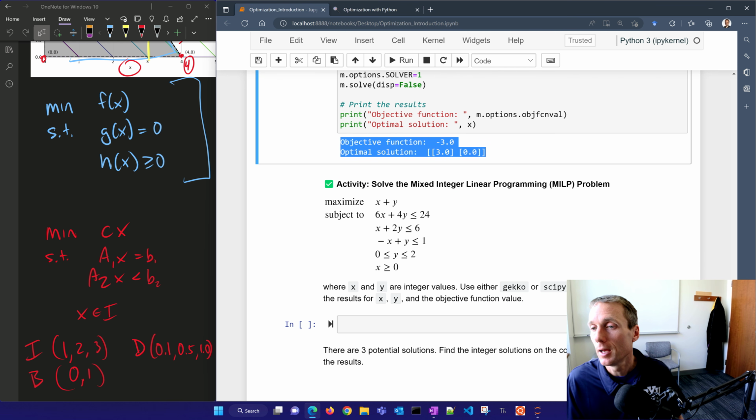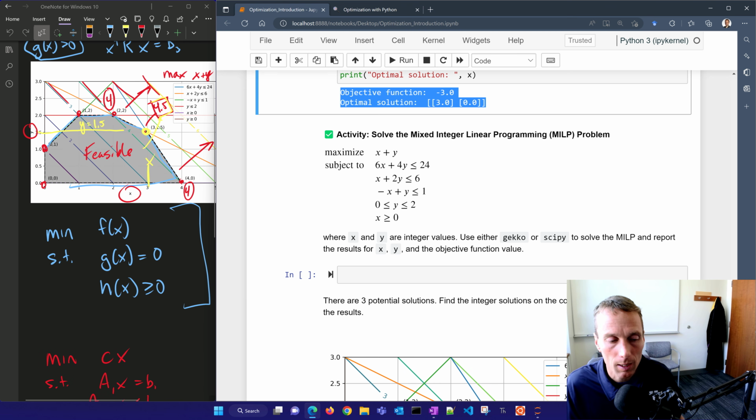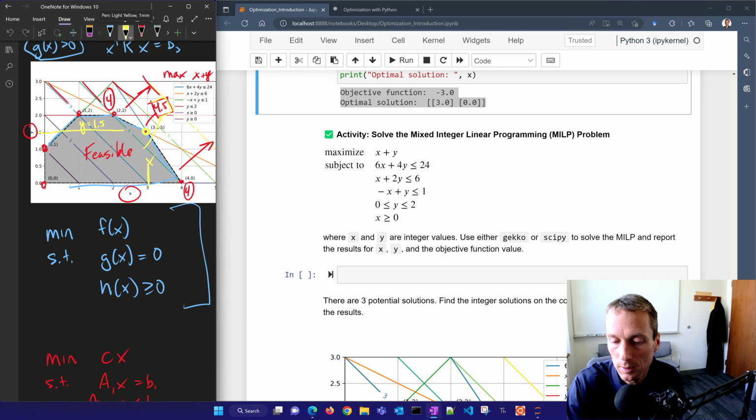Let's go ahead and solve now our same one that we had done before. And if you remember, this one came up with a solution that was not at an integer value. So that was y of 1.5. And if we just look at this, we can see that we have integer values that are going to be,